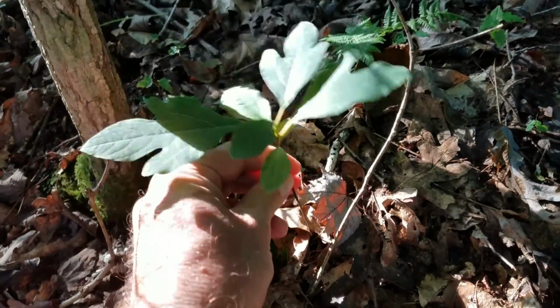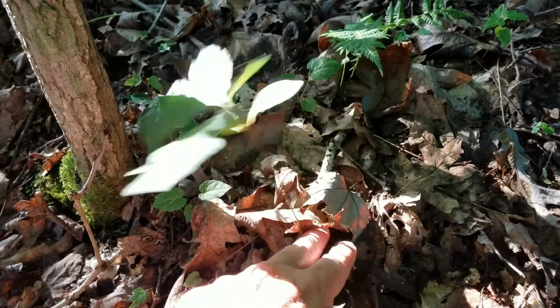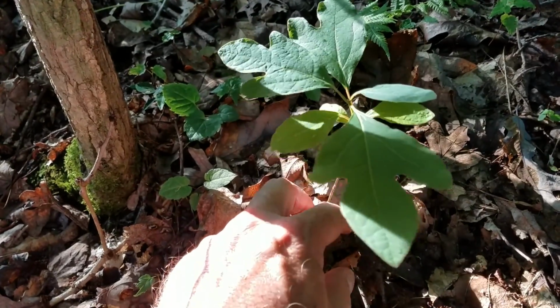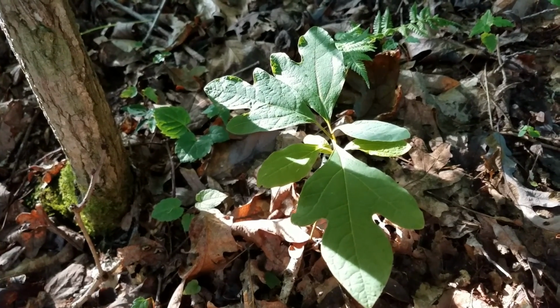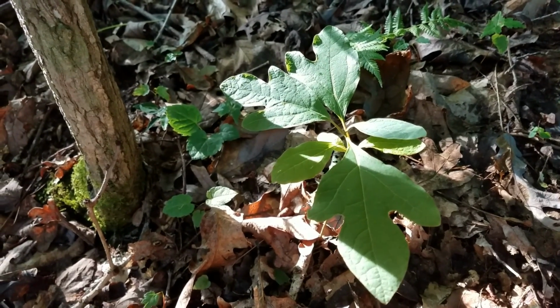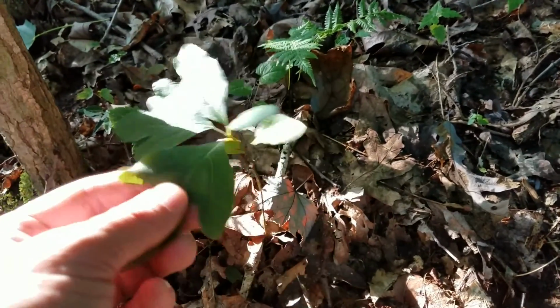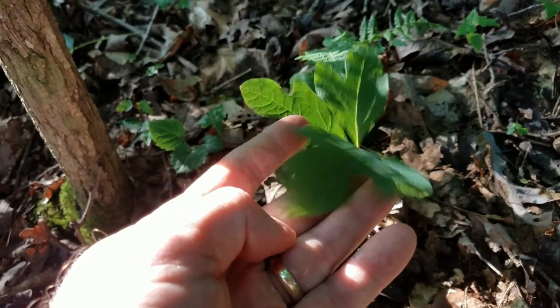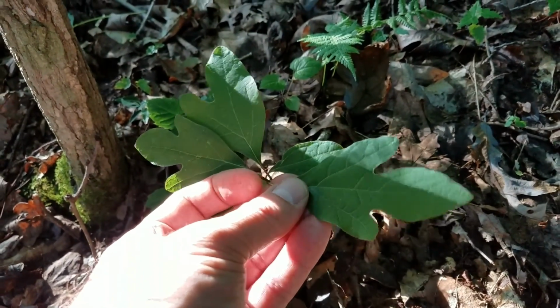Of course, the sassafras tea is made from the roots, so you would dig up the roots of some small sassafras trees or even mature sassafras trees and boil that root bark, and you get that nice root beer flavored tea. Another way that this is traditionally used as a food source is people will collect the leaves of sassafras